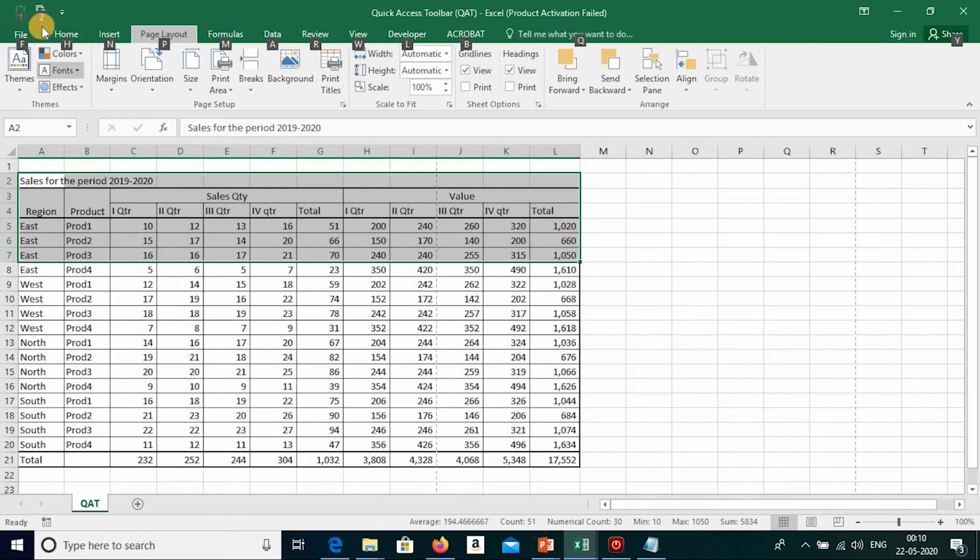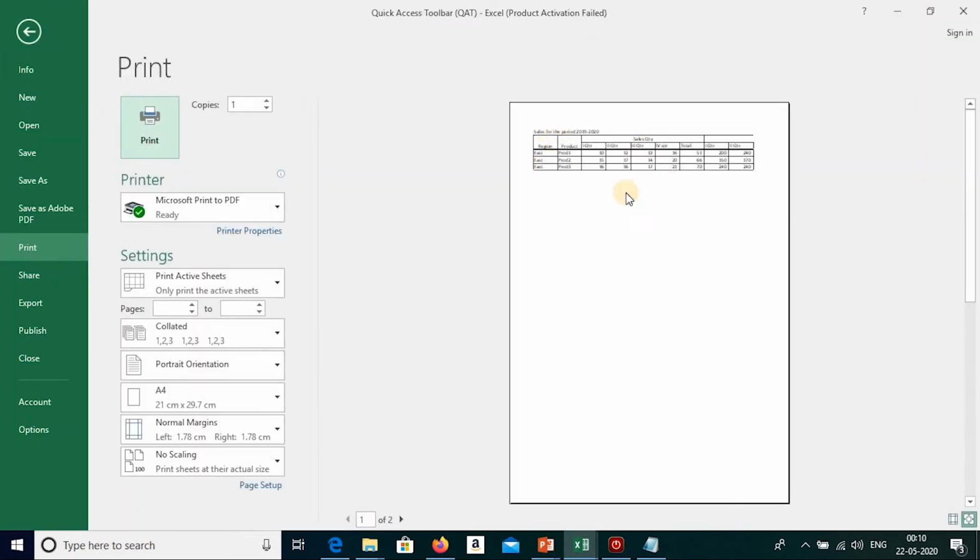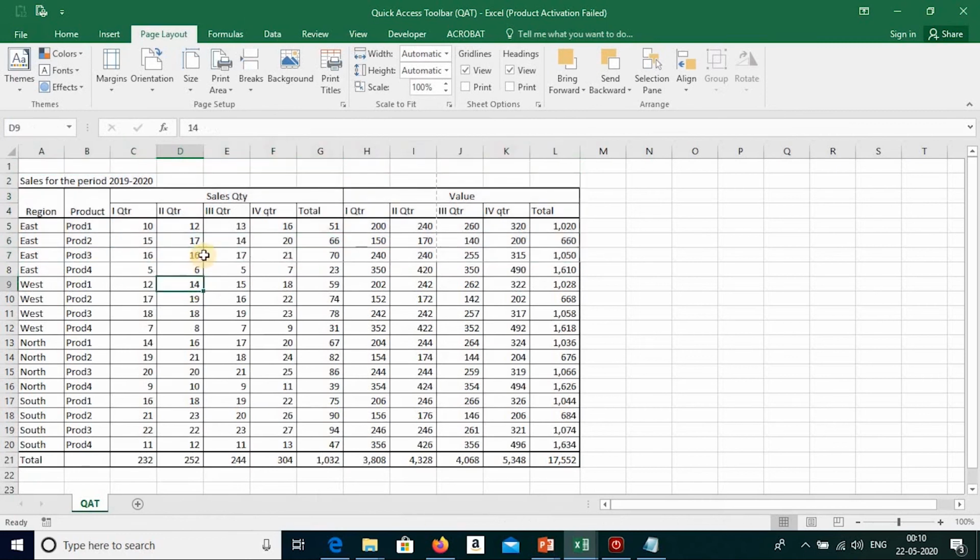So now I will press Alt and I will press 2 on the keyboard. Now set print area has been done. Now if I press Control P, you see only this much has actually been taken as the print area, right? So like this, it all depends on your requirement. You look at whatever work you are doing and which tools you feel should be put in the quick access toolbar so that you can save time. Based on that, you can put them, right?